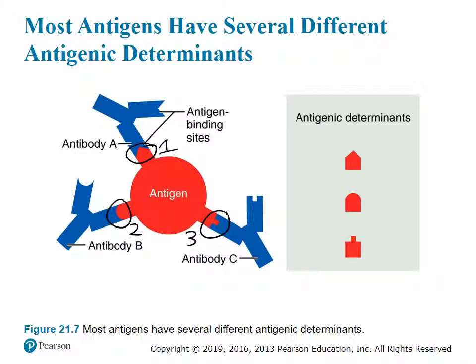So we see that for number 1, we have antibody A that fits perfectly onto the surface of that antigen, that determinant. You have antibody 2 that fits perfectly there as well. And then antibody 3 that has a receptor that fits that determinant, which tells you that these 3 antibodies